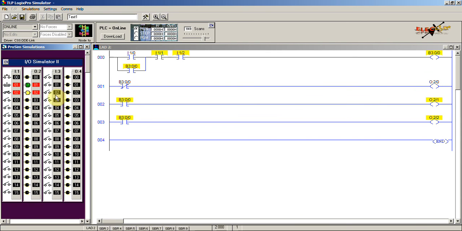Since we have another condition, before the limit switch is reached by this object or any material, we can stop this motor by pressing the stop push button. I'll press the stop push button, and you can see that the motor is turned off. The indication shows that the motor is off.